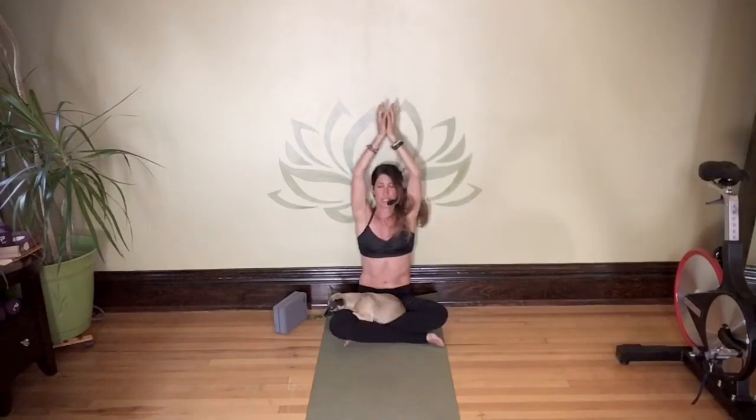Squeeze and release. Squeezing your temples. You could feel skin on skin and then release. And this will be the first of your dynamic asanas today. Moving between two postures and linking your breath